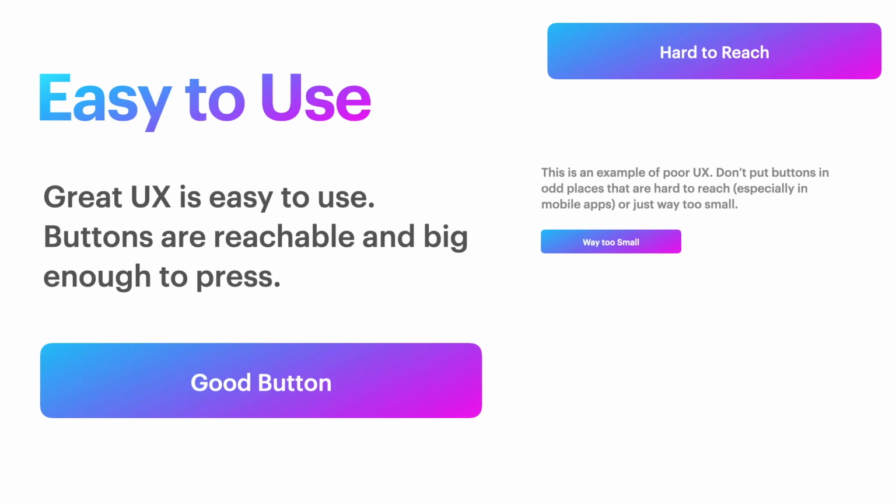We're almost done here. So great UX is easy to use. Simple as that. Buttons are reachable and they're big enough to press. And I can't stress this enough because I've seen a lot of applications where they put the buttons in very hard to reach places, especially on mobile, as you can see on the right here. Generally, you want to avoid having frequently used buttons at the very top. Also, don't make your buttons way too small,